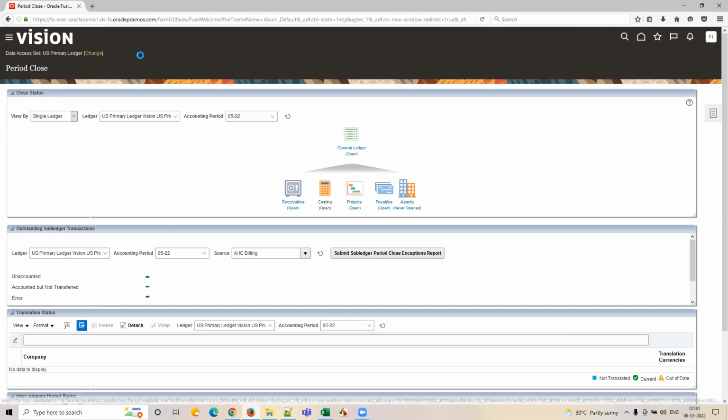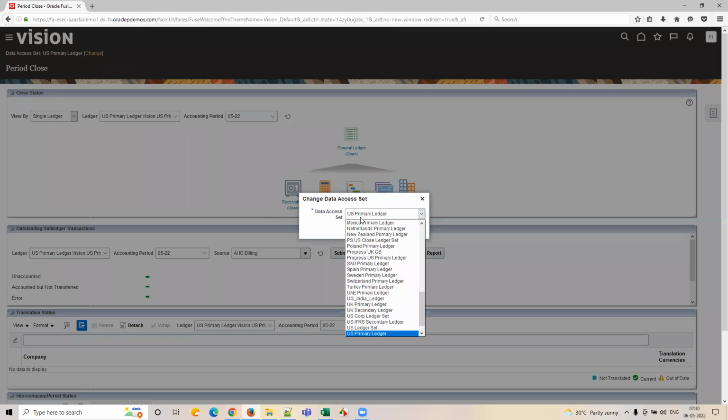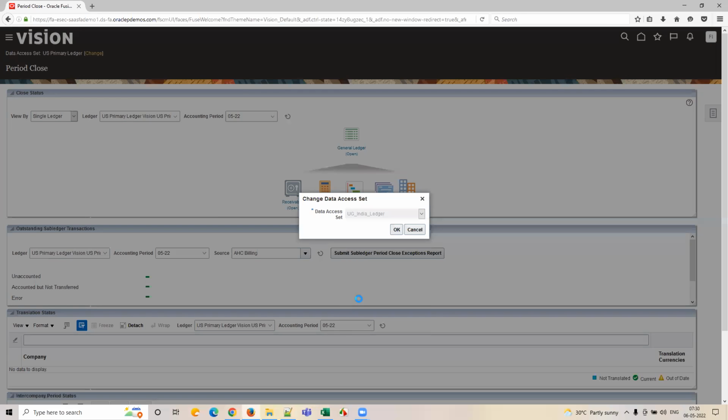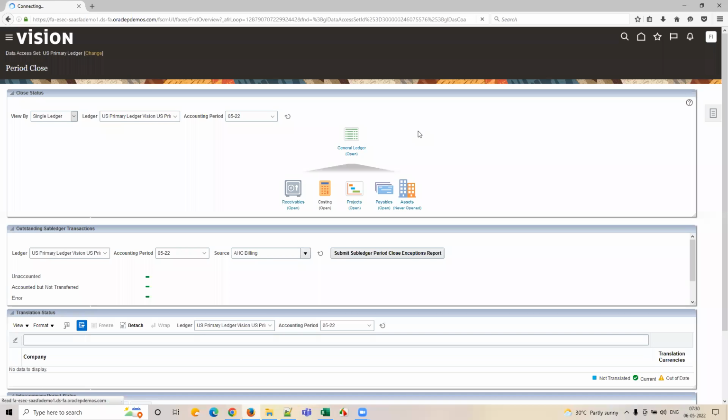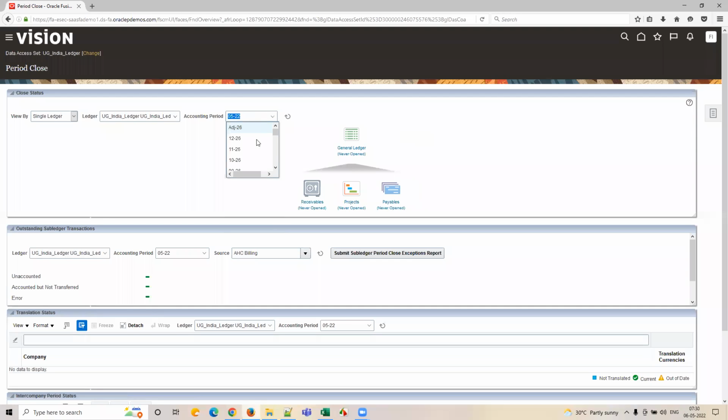Okay, so I'm changing to my ledger, the US India ledger. Click on OK. Okay, so you now have to open your period for general ledger, right? We have already opened our period for general ledger. We are going to navigate and check. Why is it showing us never open? See, your accounting period defaults to the system date. It's May 2022. When you change your accounting period to